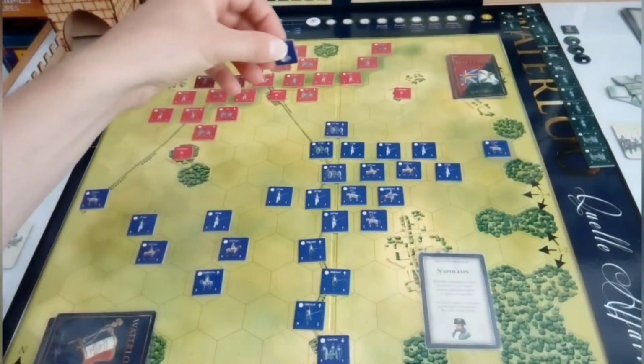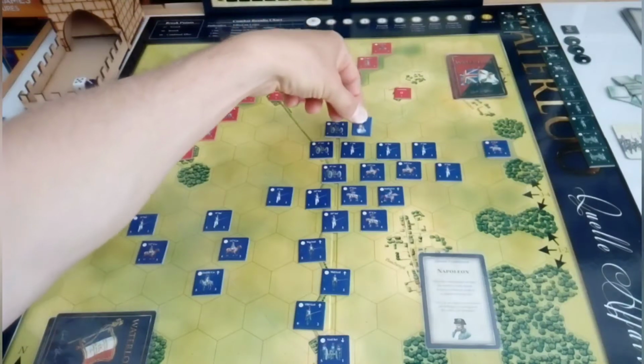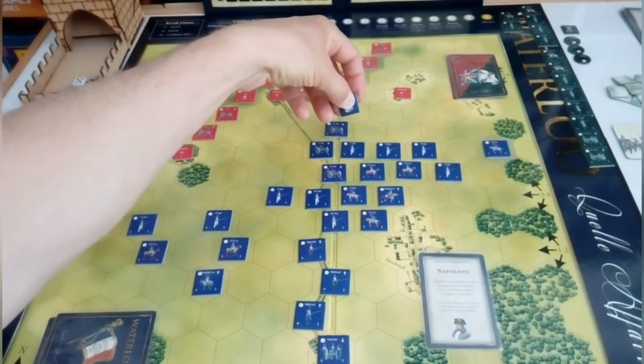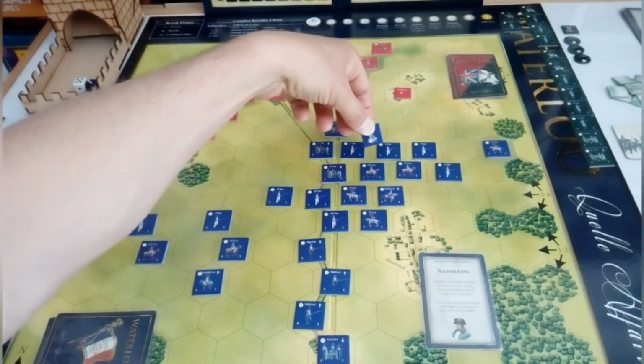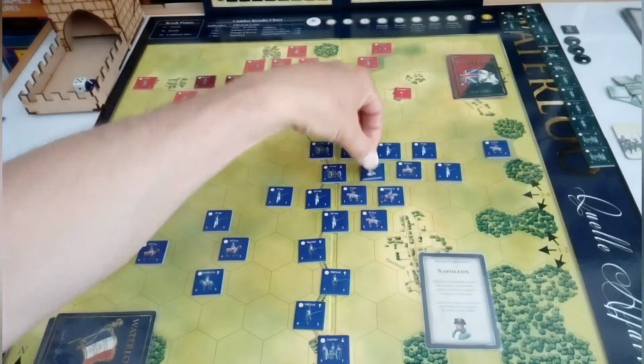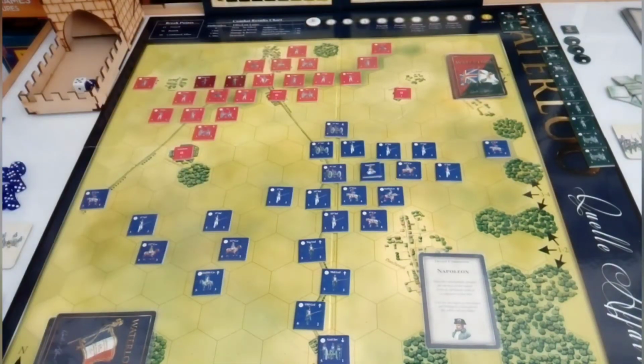So Napoleon is going to plant himself down in... Let's have a look. I think he's going to pop himself down there, and that means he can activate all units in or adjacent to that hex. So you'll see on the counters,